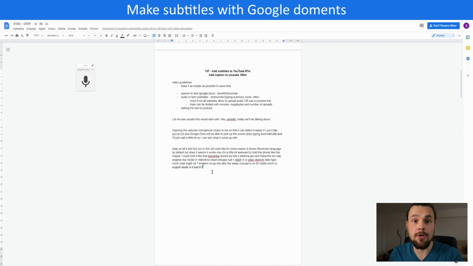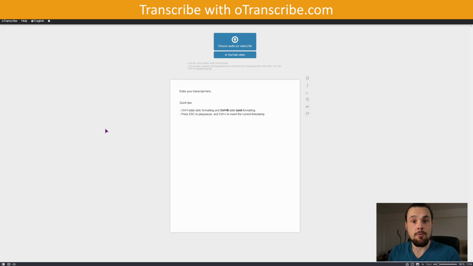So that's one way how you can use Google Docs to get speech-to-text, and also record in the OBS to have the audio source that you can then use in the video. But what you can also use is audio-to-text. So what you can do is also use some websites. This one is oTranscribe, and it's a basic one. And it mostly has to do with you typing, which is good if you want to practice typing. So you can use a YouTube link or upload an audio.